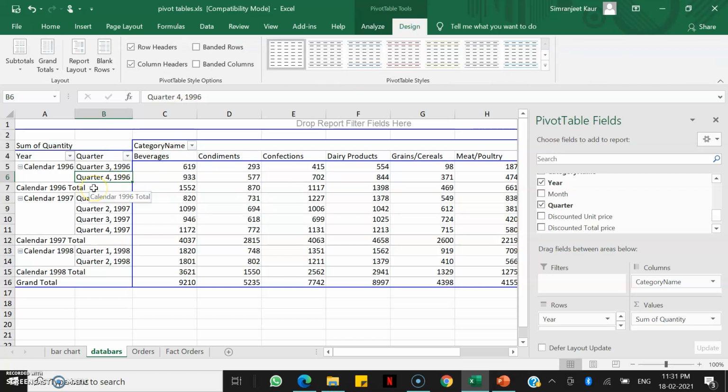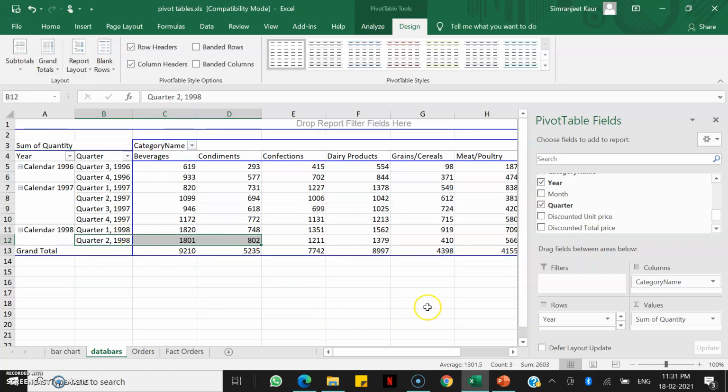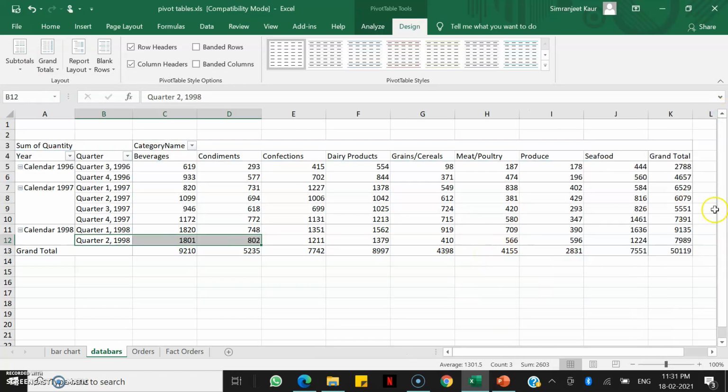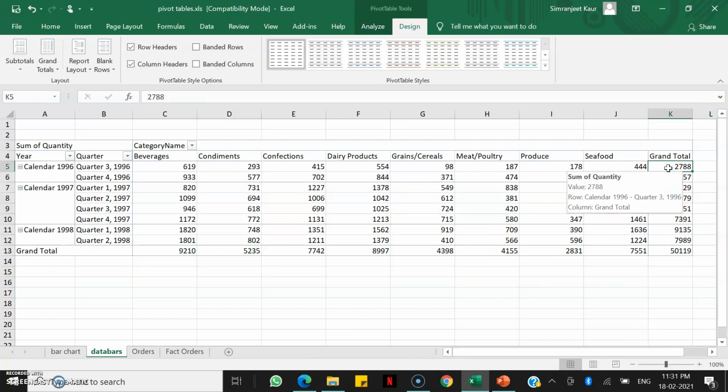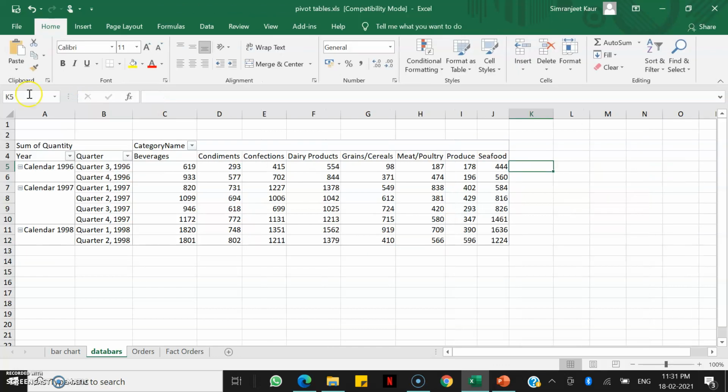let's say I don't want these subtotals here, this row, right, because it's unnecessarily increasing data for me. So for that I will go to design section of pivot table, and if you see here I have a separate column for subtotals. So I'll click on do not show subtotals. See, now it has disappeared. So this is my total table, and I can do the same thing for grand total also. So for grand totals I can click on off for rows and columns, so this will disappear, right,